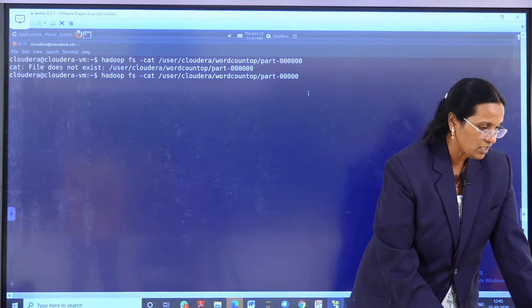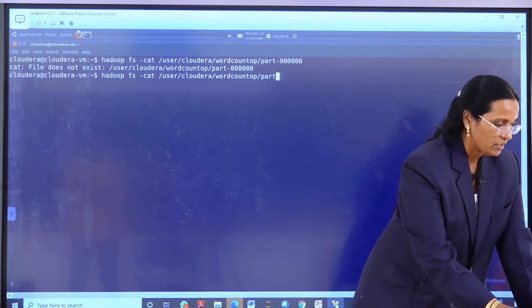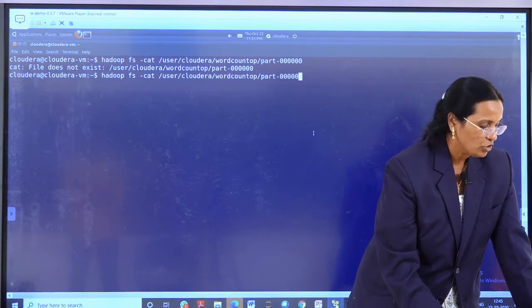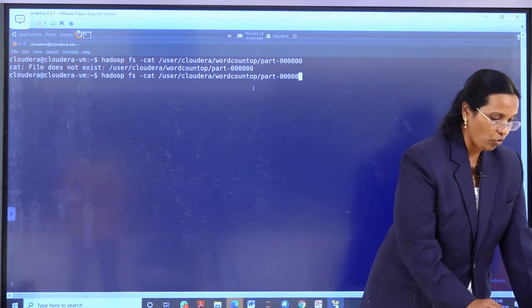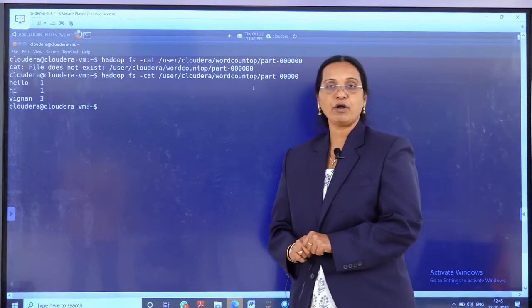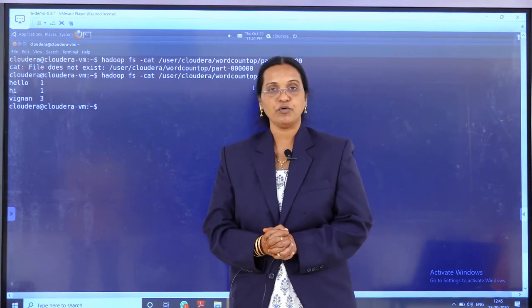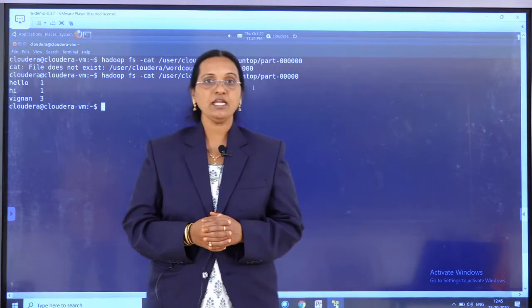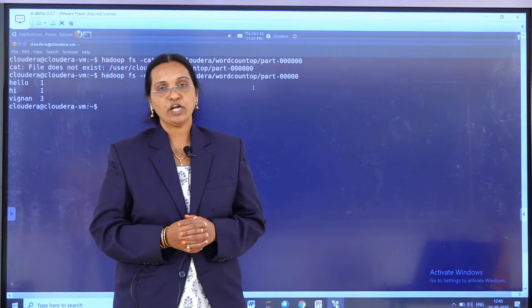But if you are well versed, you can type the path. So you can see the output rather than going to the browser window. You can see it from here also. In today's class, we have seen how to execute the word count program.